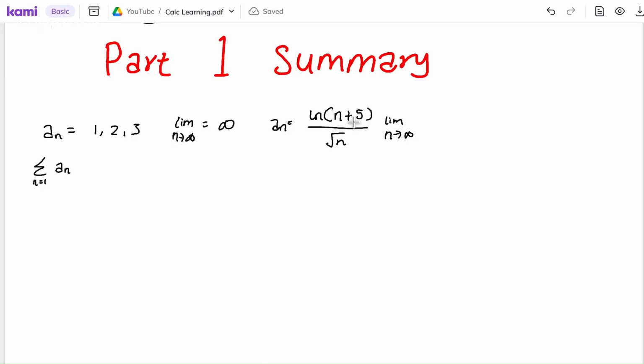So I'm going to go back to this function, and it already has an ln, so it wouldn't be smart to add another ln. For something like this, where if it goes to infinity, it's going to give us infinity over infinity as the end. So what to do here is just L'Hopital's, which is derivative of the top over derivative of the bottom. So derivative of the top is just 1 over n plus 5, over derivative of the bottom, which is 1 over 2 times the square root of n, I believe. And then you can do the rest. Later on, you find out it equals something like 0, but I'm just doing this as a time-saving strategy. Okay, next up,